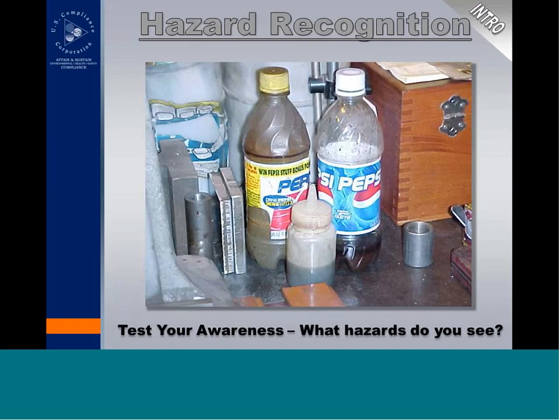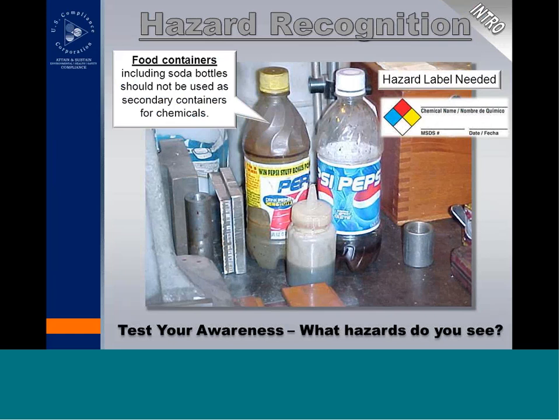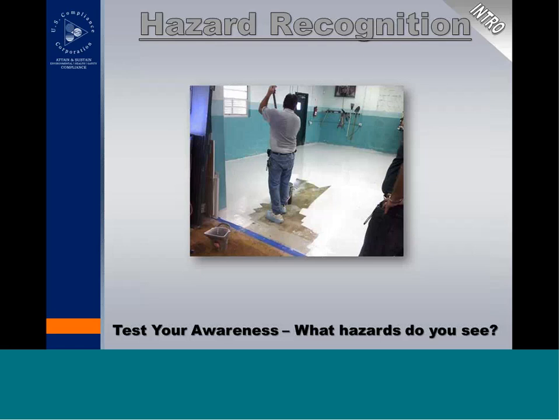What do we see here? On the left, we have an old Pepsi container that is clearly not filled with Pepsi. Not sure what's in the right-hand Pepsi container, but it definitely looks like there's some sediment down at the bottom there. And finally, in the foreground, we have a squirt bottle with no chemical label on it. So we can never utilize food containers for storage of chemicals. This can lend itself to accidental ingestion of materials, which isn't that uncommon of an occurrence. So we need to make sure we have all of our chemicals stored in proper containers and that they are,